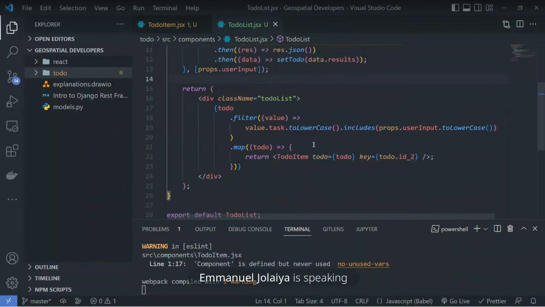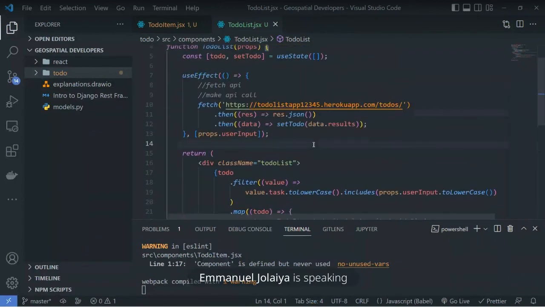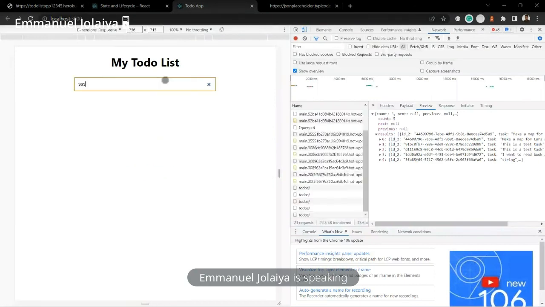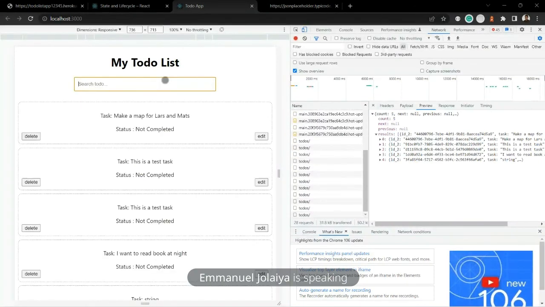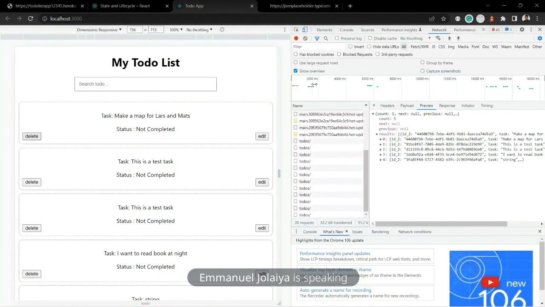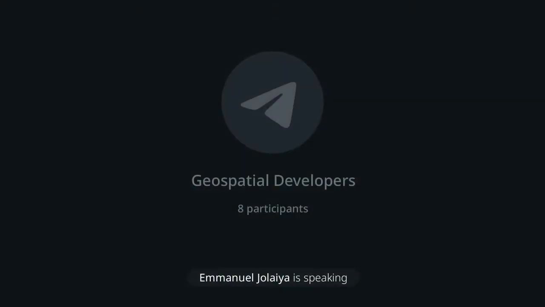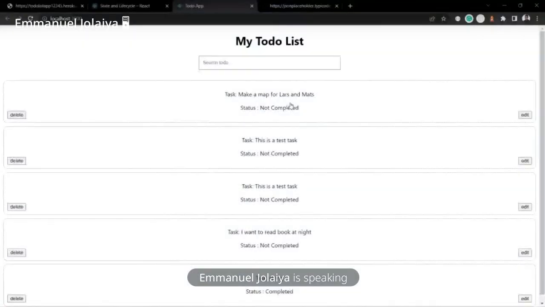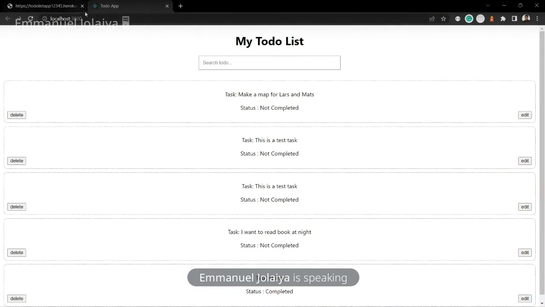Oh, sorry. Yeah. I think we are able to achieve something. The next class will be about adding this edit functionality, and then another field where you can add a to-do and communicate to the backend. So this is getting interesting. React is very, very powerful, and I really hope we